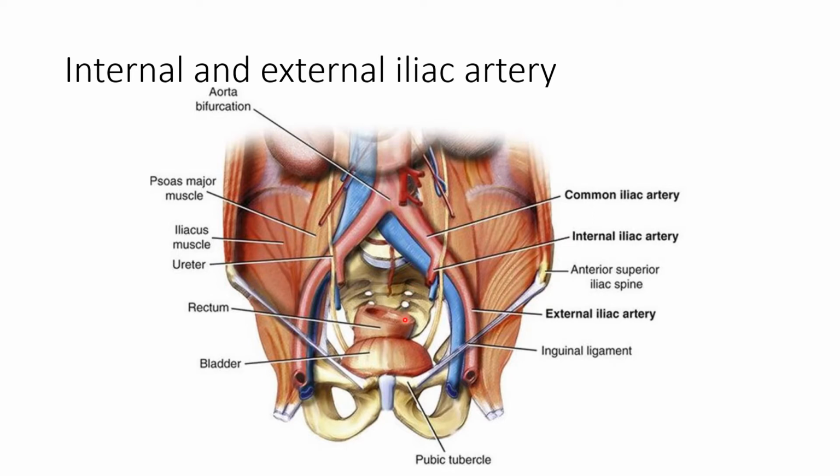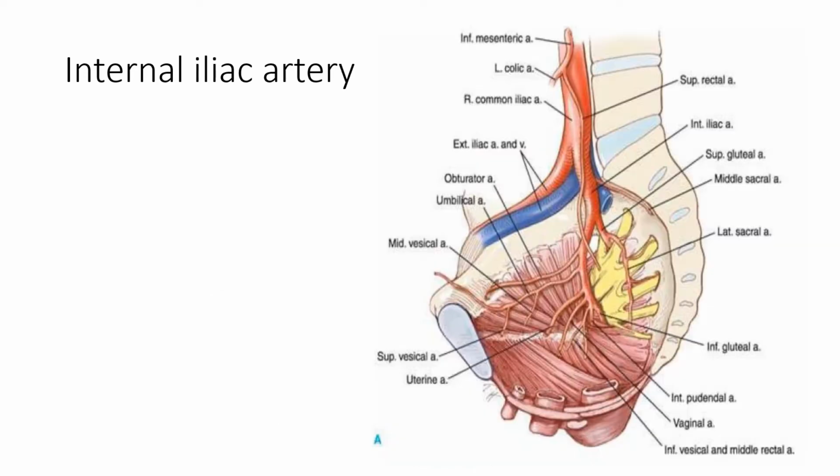Now, for the wall of the pelvis, we will see the detailed part of the branches of the internal iliac artery. Here you can see the internal iliac artery. This one is the terminal branch of the common iliac artery. The internal iliac artery is a small terminal branch of the common iliac artery. It is 3.75 centimeters long and it supplies the pelvic organs except those supplied by the superior rectal, ovarian and median sacral arteries, the perineum, and the greater part of the gluteal region and iliac fossa.